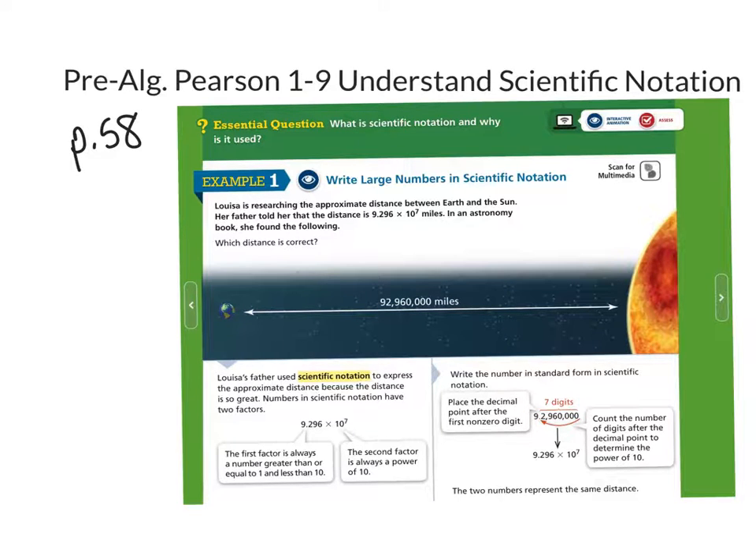Lesson 1.9 is on understanding scientific notation. We talked about scientific notation a little bit in lesson 8. We're going to go ahead over to page 58. So example 1,